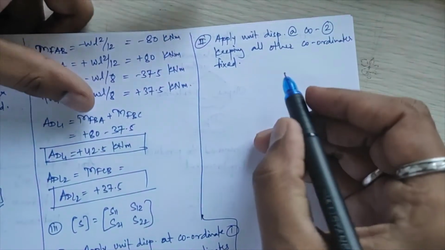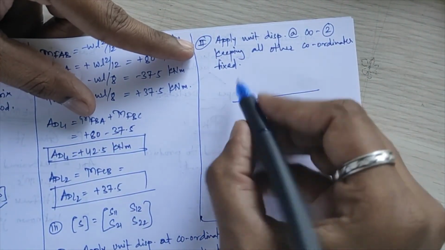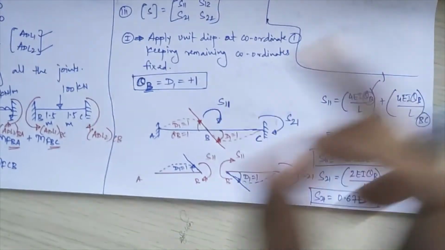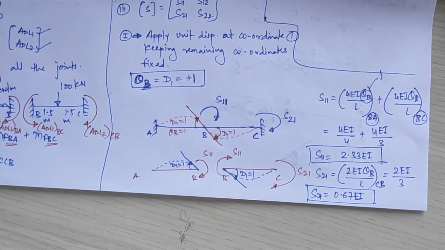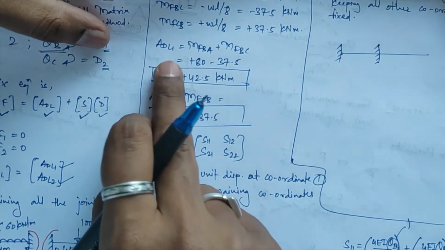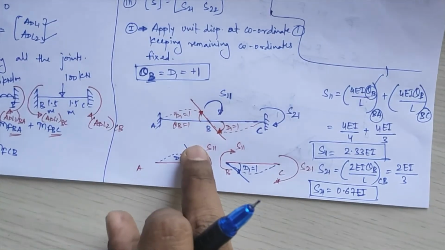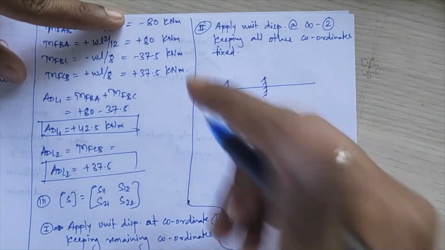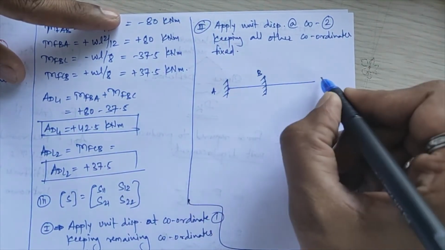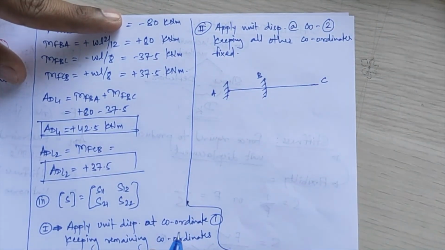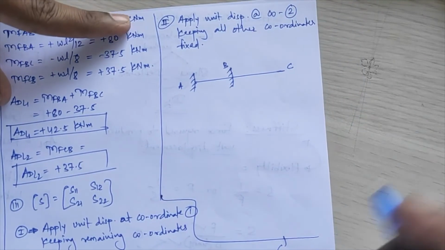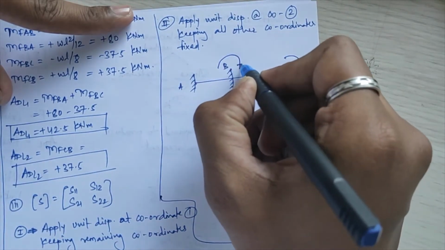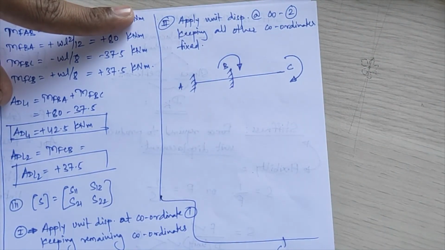So I'll draw the diagram again. A will be fixed, B will also be fixed over here. Remember, in this diagram you do not have to take the loadings given to you. The loadings, ADL1 and ADL2, we have already calculated. Here you have to take only the members. So this will be your joint A, B will also be fixed, and C will now be free over here. Again, first I'll mark my stiffness coefficients over here. As I told you, always assume those initially in a clockwise direction.